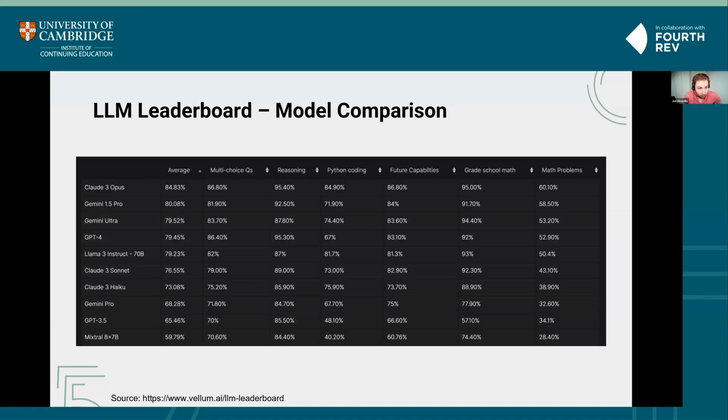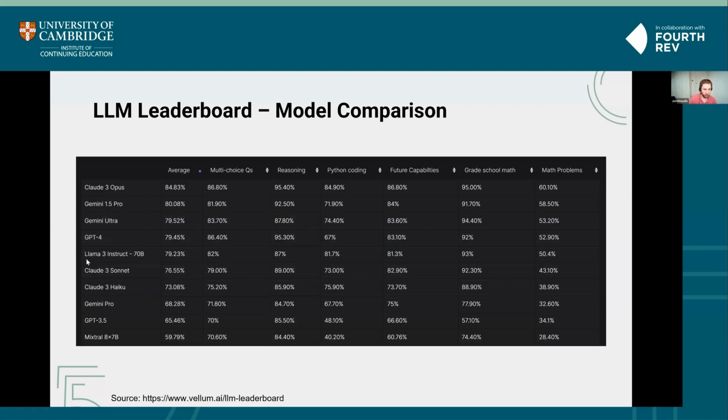And if you look at a model comparison from the same source, you can see that actually Claude 3 Opus is ahead across many of these. I really enjoy using Claude 3. Gemini 1.5 is also becoming available, and has a huge context length. There are also open source models.